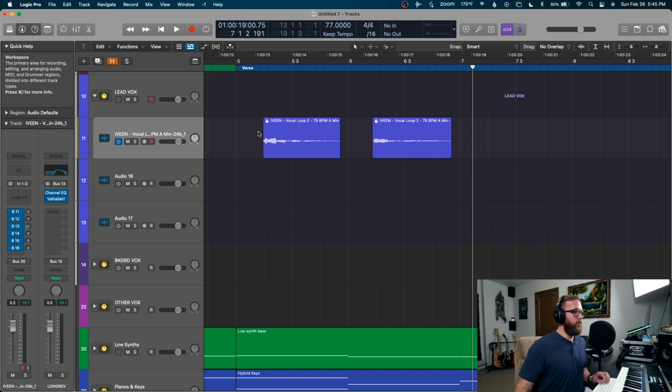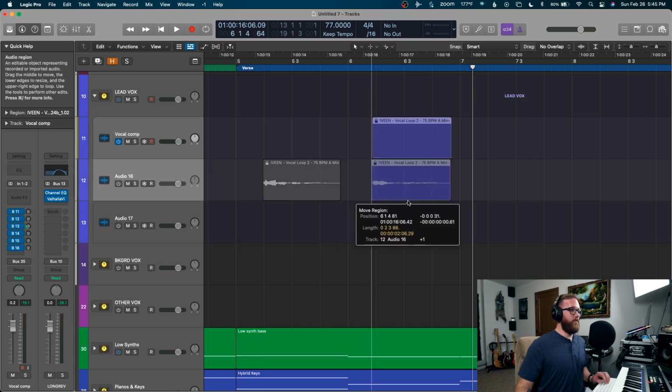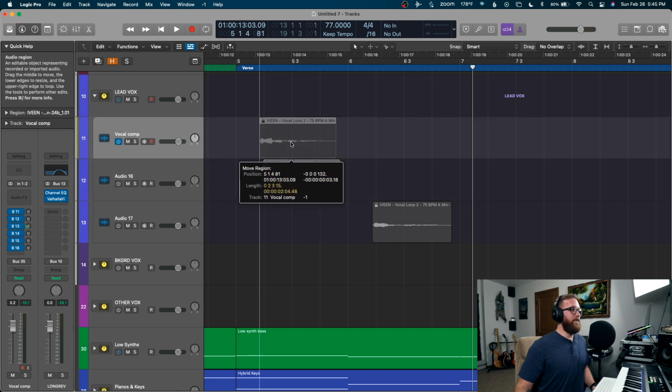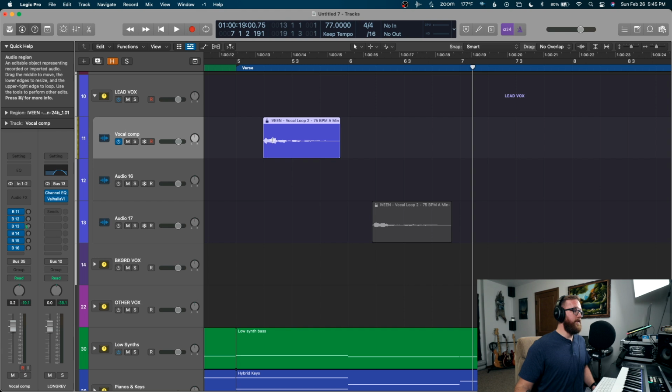So for example, when I'm working with a vocalist, I'll import all the vocals, and then at the top, I will create a new track called Vocal Comp. So let's just rename this one Vocal Comp, and I'll show you what I'm talking about. Now let's say these two different vocals were from different takes. As I'm putting this together, if I'm dragging this up to my Vocal Comp and I accidentally slide it over here, well, if I have that SMPTE timecode locked, it keeps it right in place,